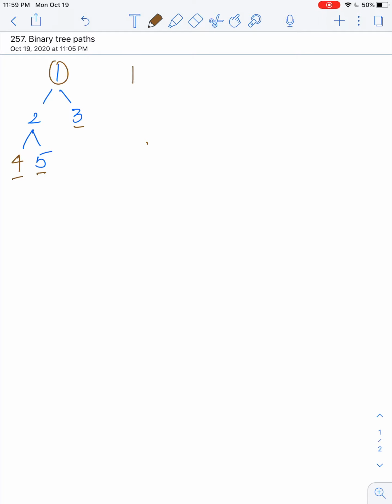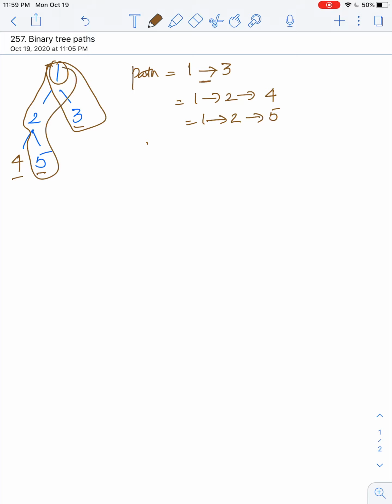a path. So a path structure would look like 1, this arrow and 3, and another path would be like 1, 2, 4, 1, 2, 5, etc. So we are constructing this path, and that path. Okay, now the first question to ask is, if I break down this tree into subtrees, let's